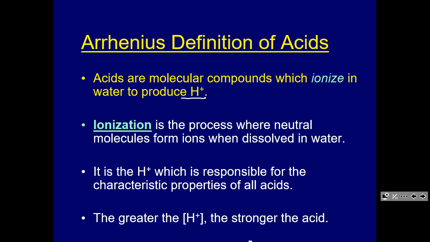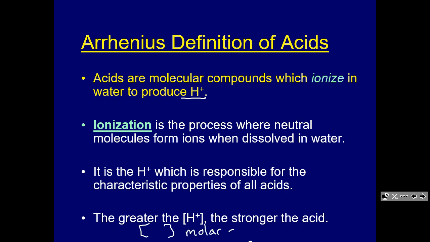So if an acid has a lot of H pluses in a small little volume, you don't want to spill that on your hand because those H pluses will react with your skin and you'll get an acid burn. But if you only have a few of those H pluses and the concentration is low, then it probably wouldn't burn you. So the square brackets down here, and I'm just going to add it down here, square brackets reads